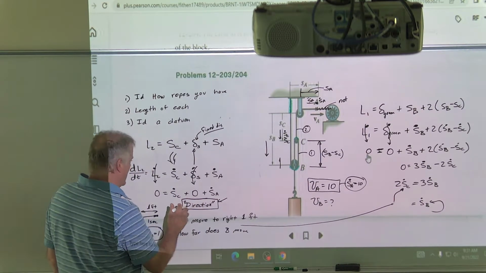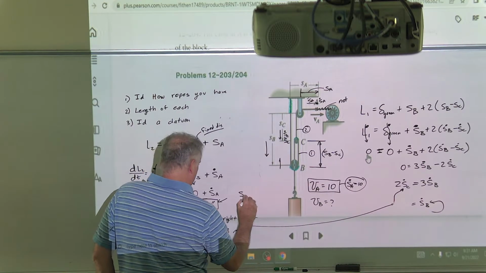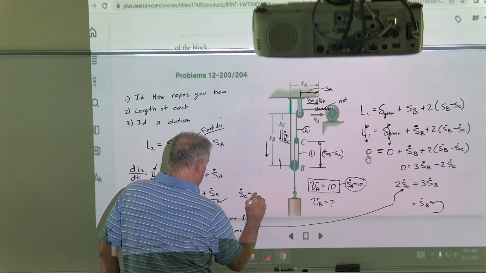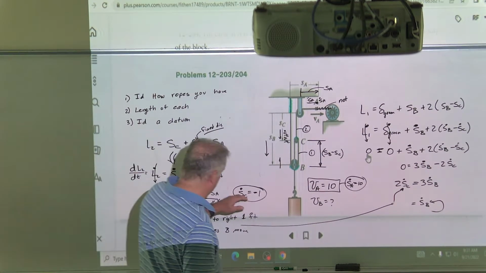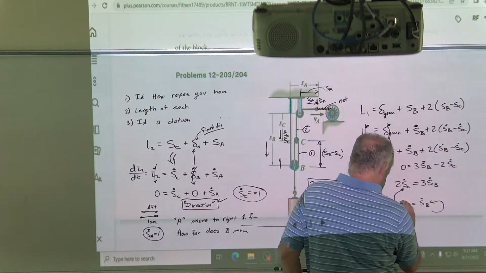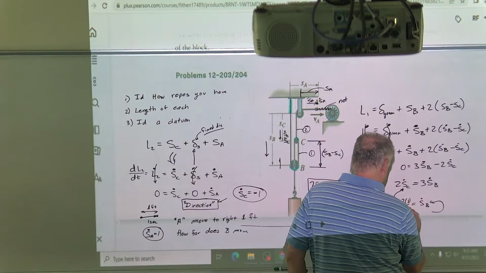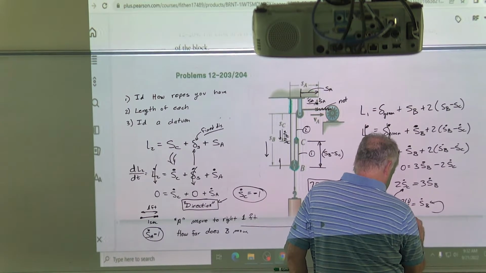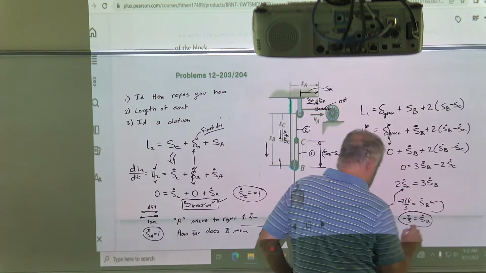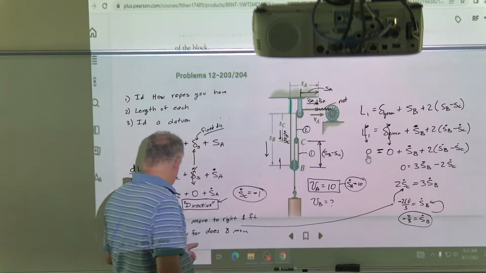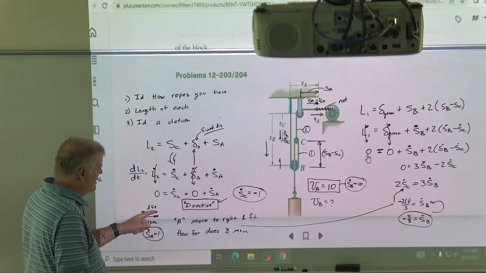You take your SA, and you take your SC dot equal to -1 because of this, and then you take it over minus 2 times 1 over 3, or minus 2/3. And this is SB. Now what happened here is during that same 1 second that A moved to the right,